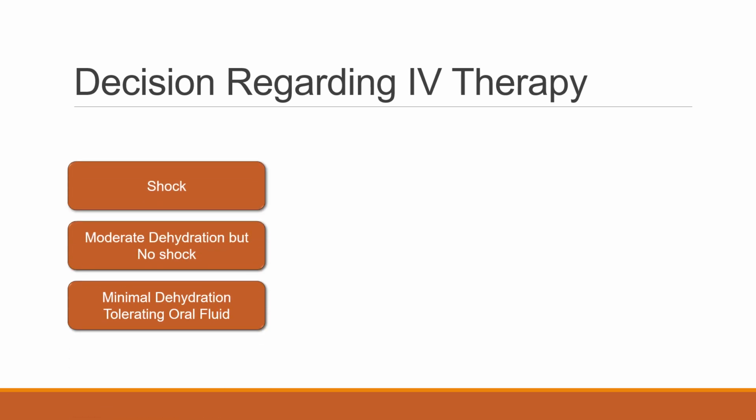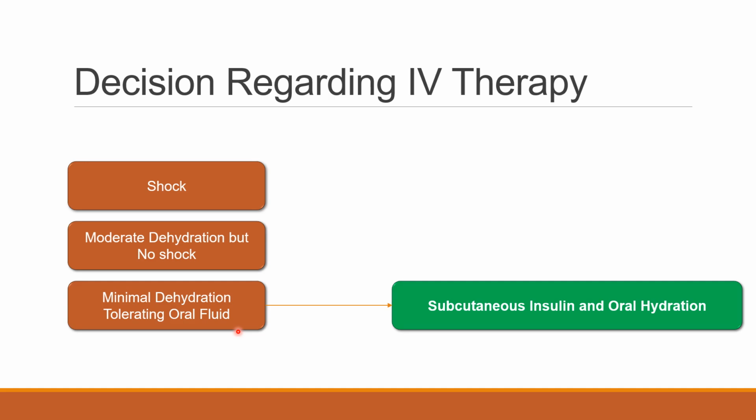The first step of management is to decide regarding the IV therapy. The specialty of the ISPAD guideline is in a special scenario when there is minimal dehydration, the child is tolerating oral fluid and the child is conscious. This guideline gives an option to not give IV therapy, rather use subcutaneous insulin and oral hydration, contrary to the BSPED guideline, which tells that all patients of DKA, be it mild, moderate, or